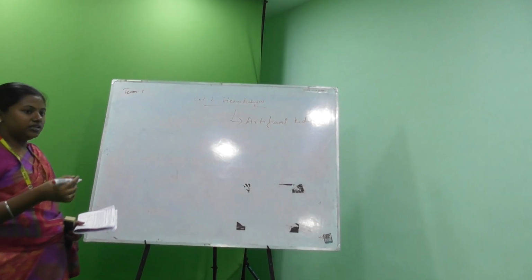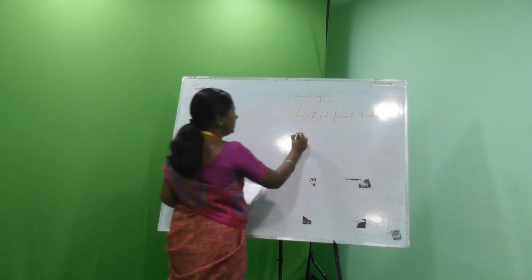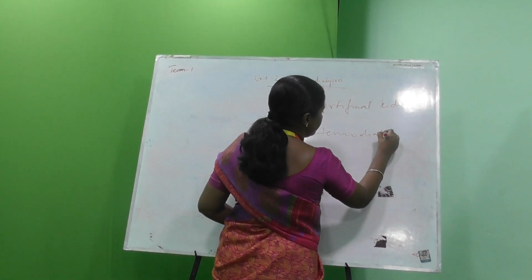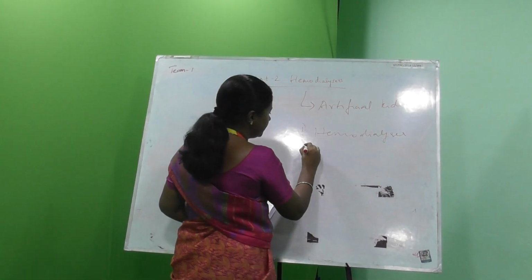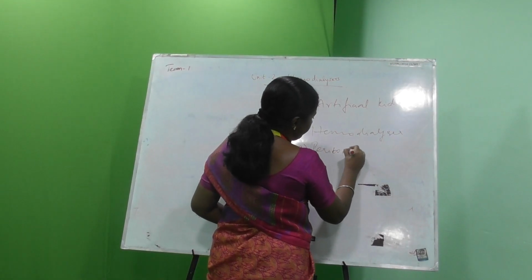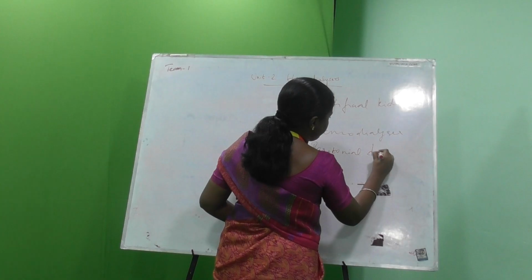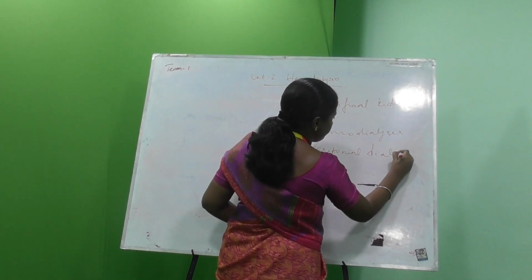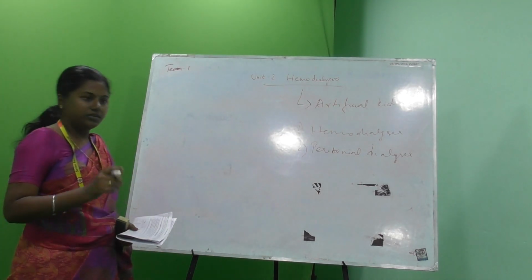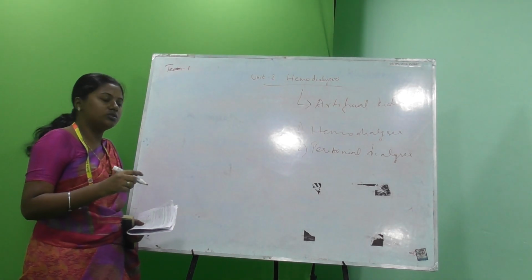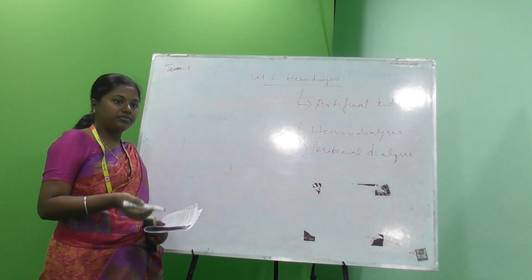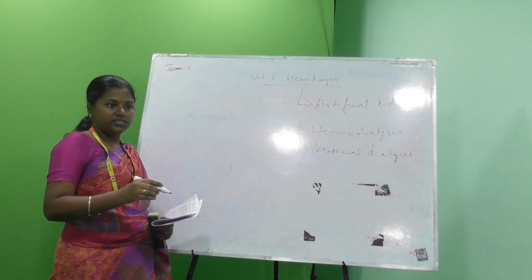There are two types: one is hemodialysis, and the second is peritoneal dialysis. First, we have to see about hemodialysis. Hemodialysis is also known as an artificial kidney, which replaces the functions of the natural kidney, which excretes the waste